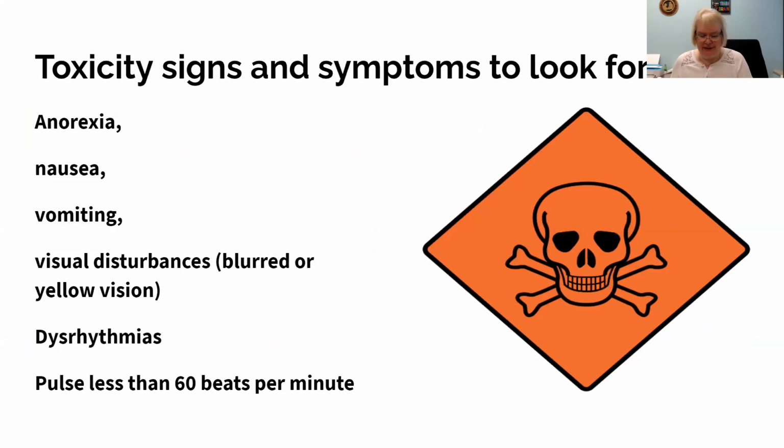Okay, so toxicity, I already kind of went over this. Anorexia, nausea, vomiting, visual disturbances, blurred or yellow vision, dysrhythmias, and a pulse less than 60. Kind of repeating what I said, but I've always learned that it's better to repeat it, and you hear it 2 or 3 times, and sometimes it sinks in. Okay,